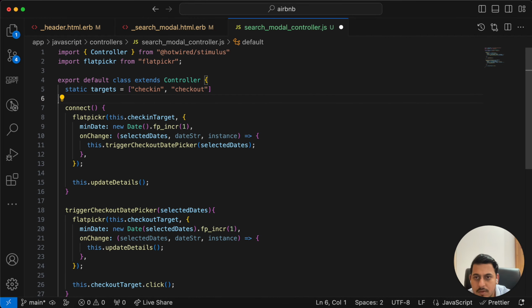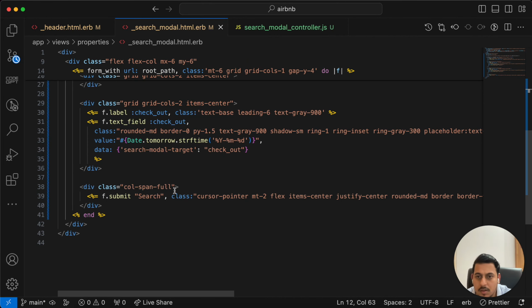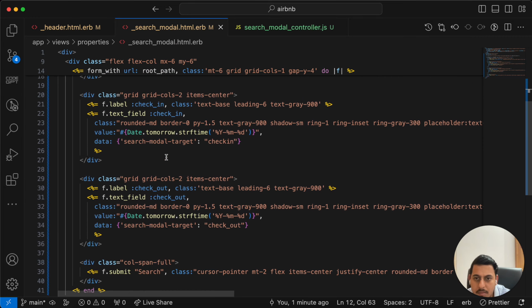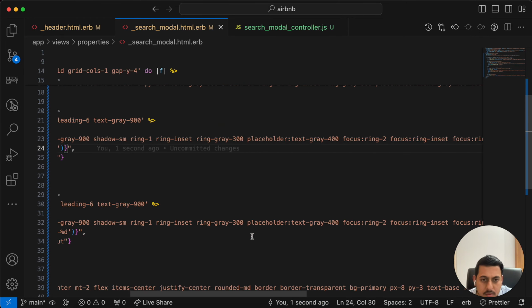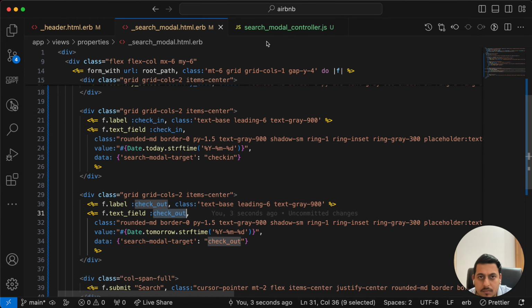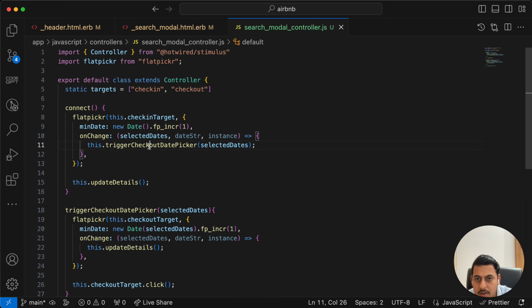We don't need this service fee. I might have made some mistake. Why is it not working? Check-in date, checkout date, search model target dot today for now. Trigger this